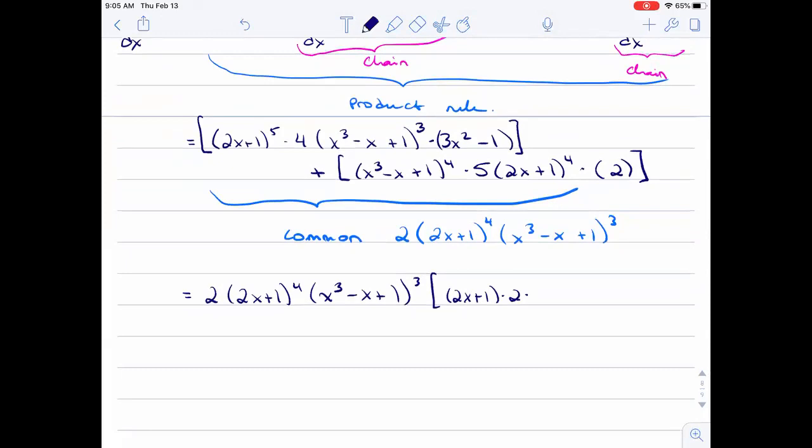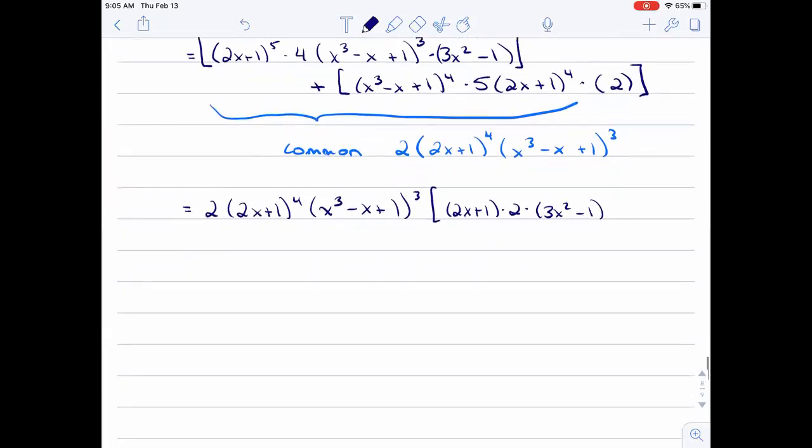I've already taken care of the x to the 3 minus x plus 1 to the 3, but I need the 3x squared minus 1. And then in the second chunk, I pulled out the x to the 3 minus x plus 1 to the 3, but I need the fourth one